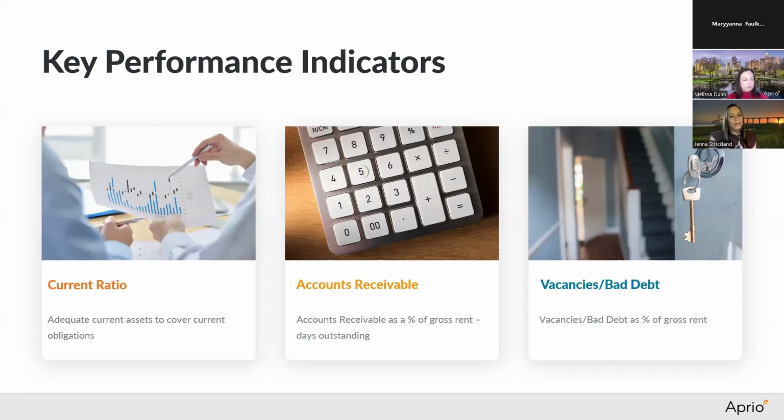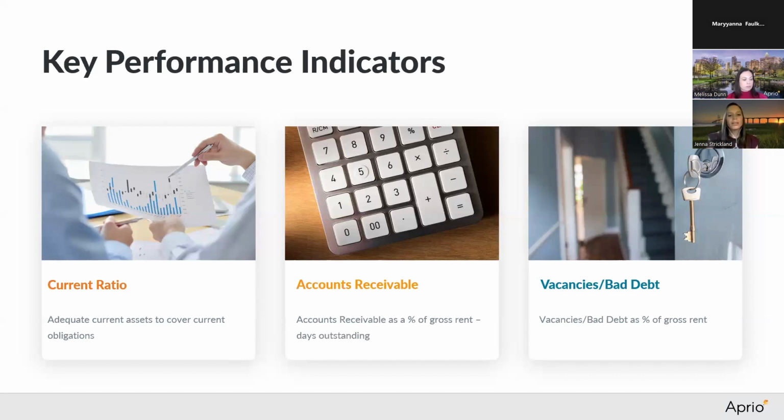Accounts receivable, we have hit on this a little bit. Accounts receivable are your tenant receivables, people that rents have come due and they haven't paid it yet. So typically in affordable housing, we want this number to be pretty small. You are hoping that most of your tenants are paying on time or early. And if you have tenants that are 30 days past due, 60 days past due, 90 days past due, that's usually not a great sign. And the likelihood of collecting those can be relatively low unless it's coming from some of those government subsidies. So you definitely want that accounts receivable as a percentage of your total revenue to be pretty small.